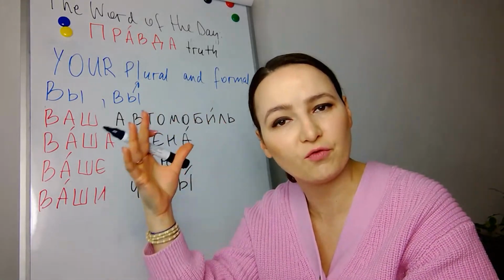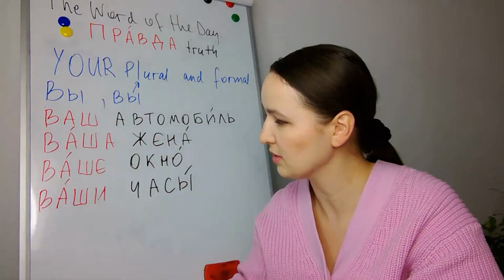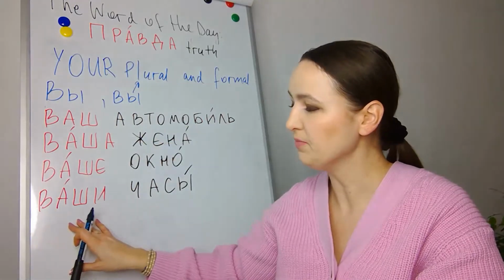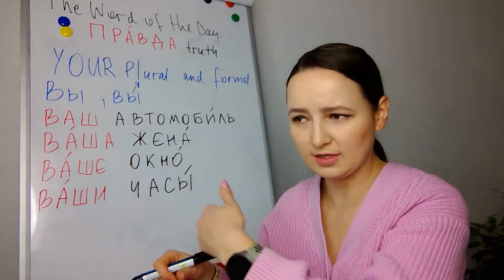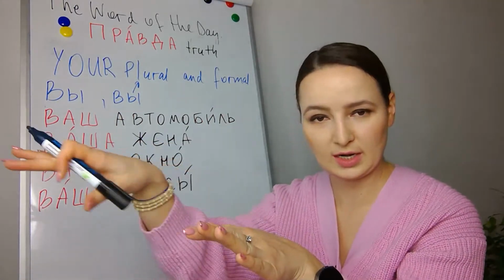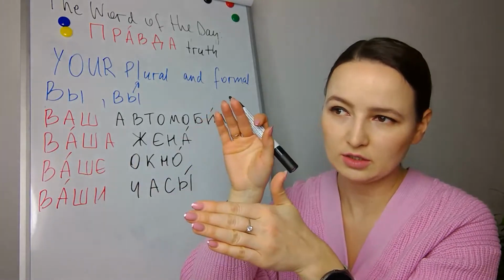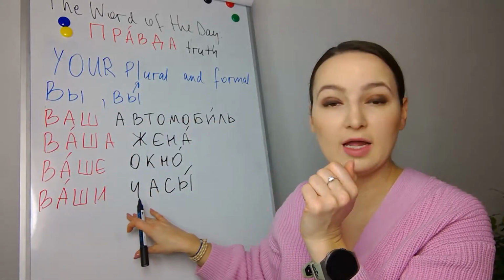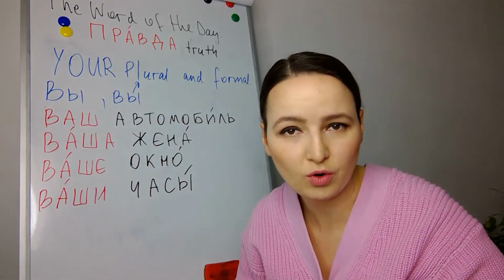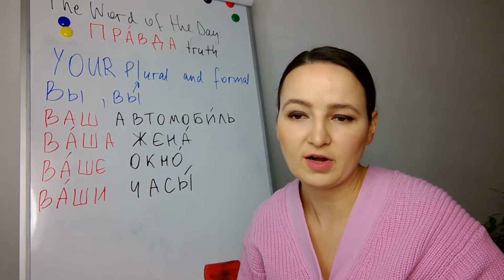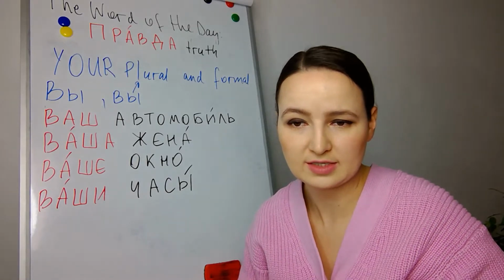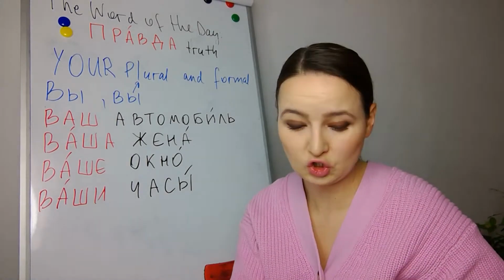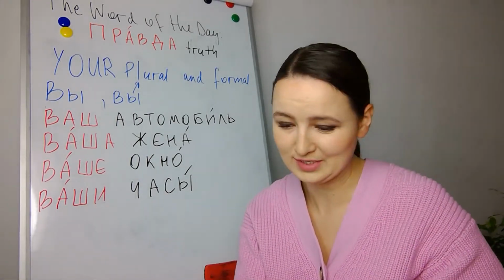And you ask him formally because he's your boss, not your friend. Or вы in plural, you ask your friends, это ваши часы? Because they're more than one friend, you will use plural here. Это ваши часы? Ваши ручки, yes, your pens, and so on. Ваши часы. Хорошо. And the last one, I promise.